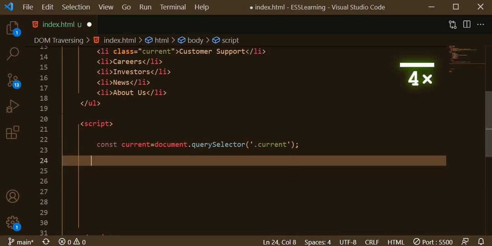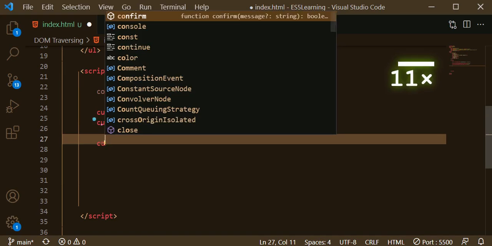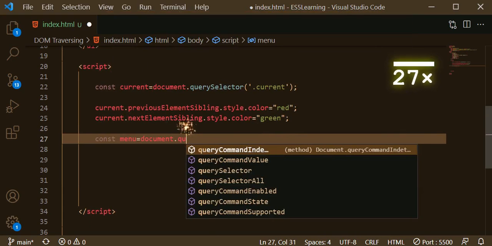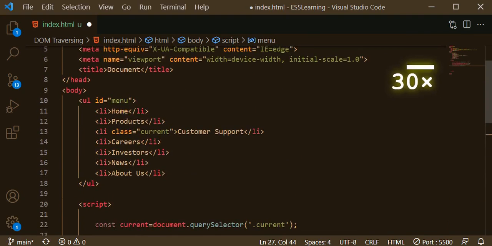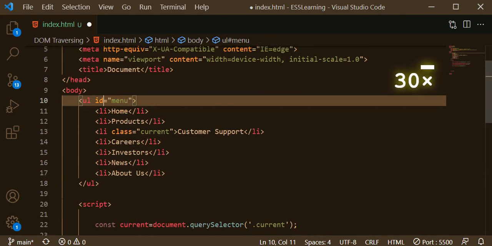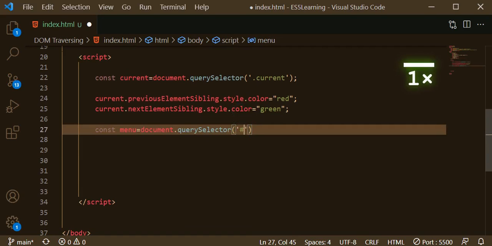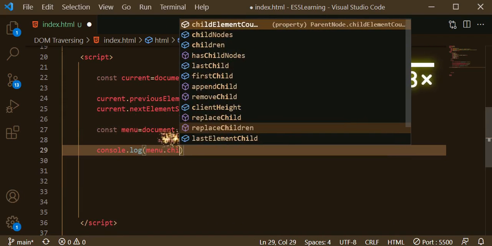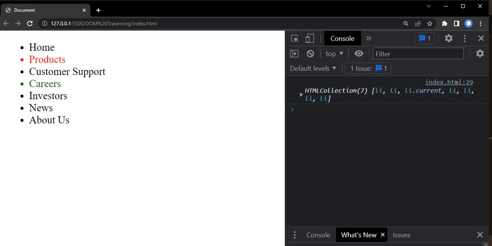Let's keep it as it is, and let's select the menu, right? Document dot query selector, and because this is ideal, right? So we have to select with the prefix hash and the name of the id, menu. Console.log menu.children, right? Let's see the output. Here you can see,